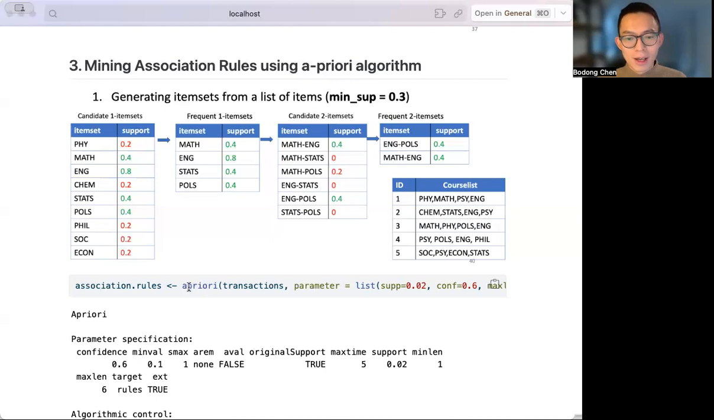And here you see, as I mentioned, the function is called apriori. You fit your data, which has been created from the CSV file, into this function. And here you provide a list of possible parameters to this algorithm. I'm telling this algorithm that I want the support to be a minimum of 0.02. We want the confidence to be minimally 0.6. We want the maximum length to be 6, because sometimes you want to control for the length of